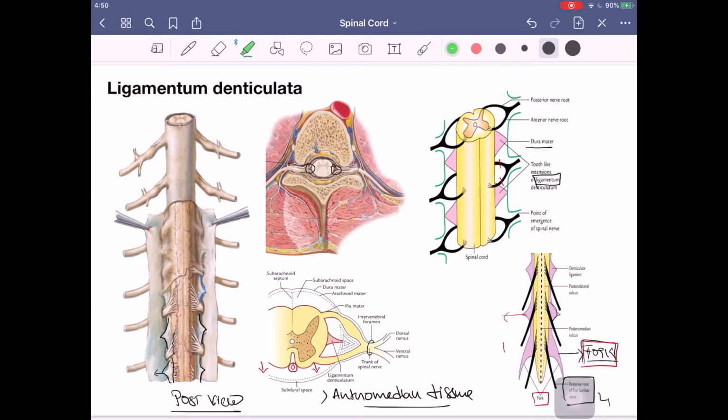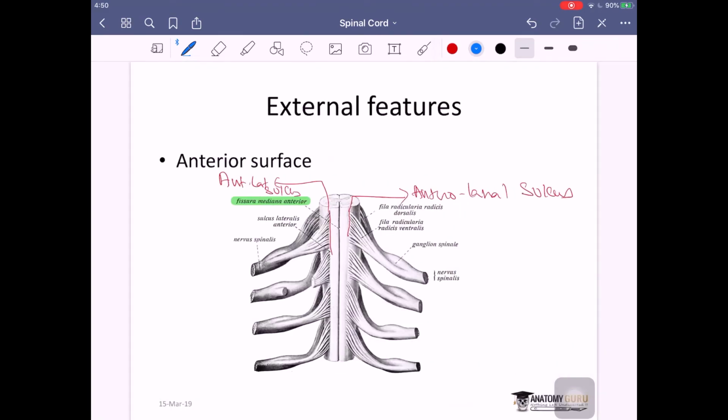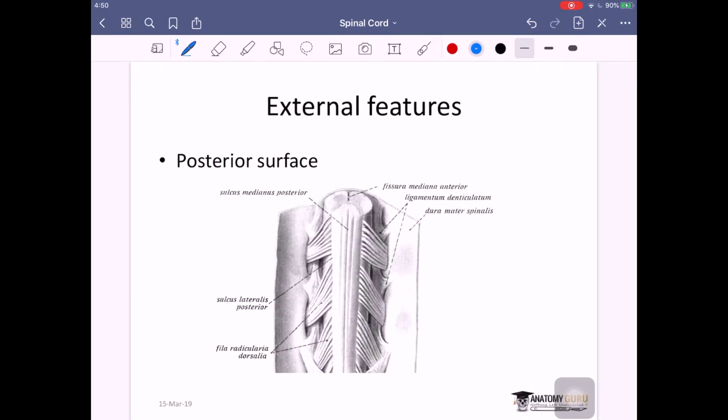Here in this picture you can see the midline. This is what we call the posteromedian sulcus, and here we have a posterolateral, and in between there will be the posterointermediate. It will be ideal if I draw the picture and show you. Here this one is the posteromedian in the midline. Then if you go more laterally, where the nerves are coming out, this one and this one,